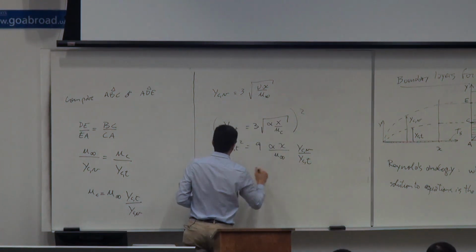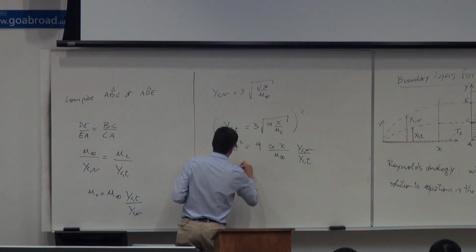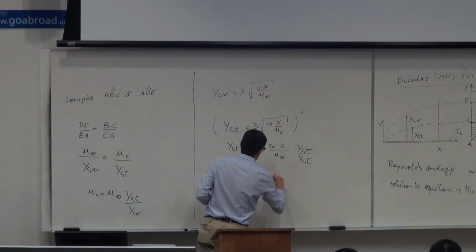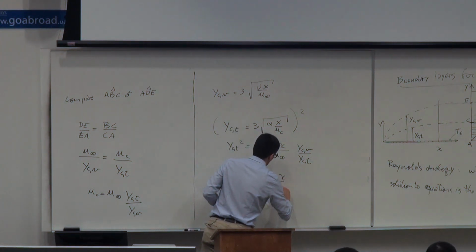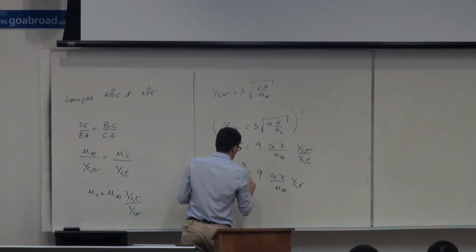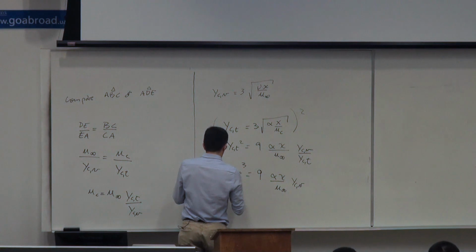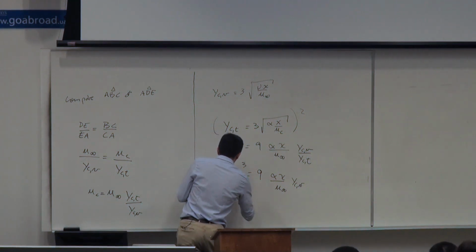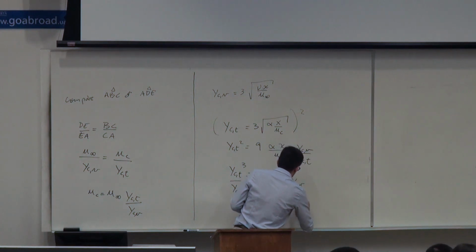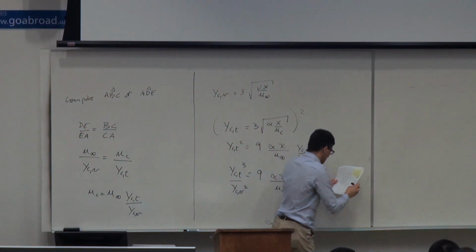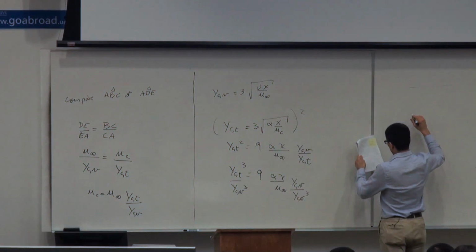I'm going to bring this YCT up here. We can divide this by YCV cubed, and we're going to end up with